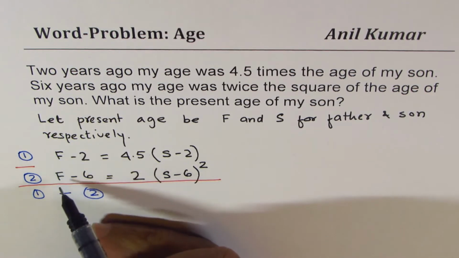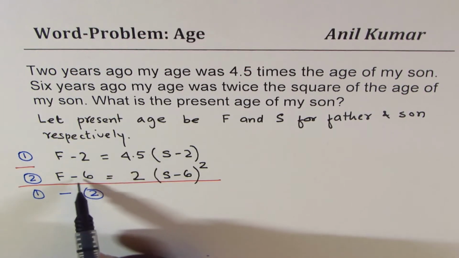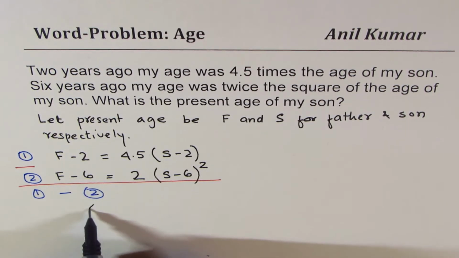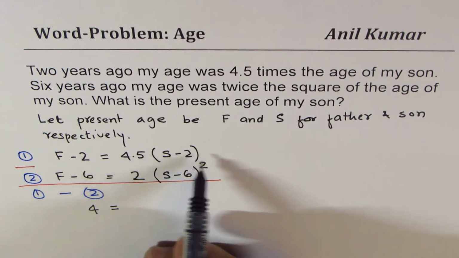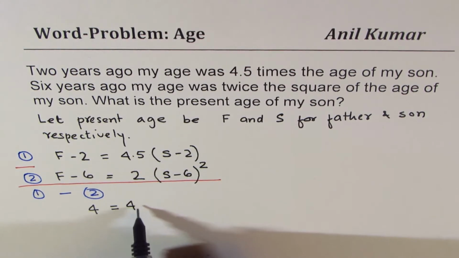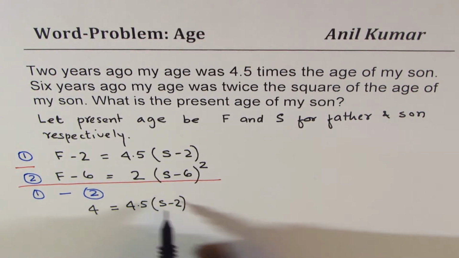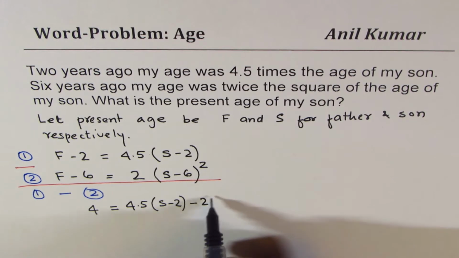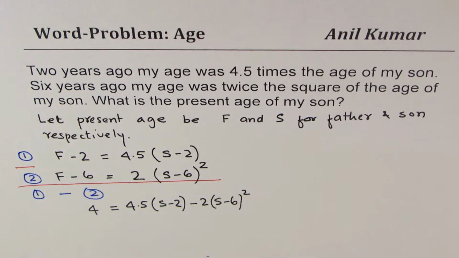So father and father age cancels. F minus F is 0. Minus 2 minus 6 will give us 4, right? Equals 2 times this, that. So let me rewrite and then we'll open and solve it. Minus 2 times S minus 6 whole square. Perfect. So in this equation, we only have one variable, and that is present age of son,